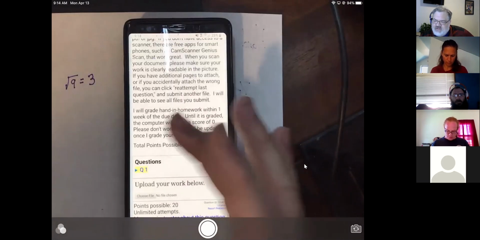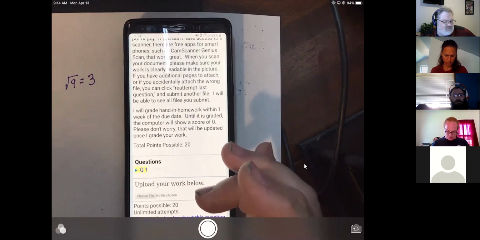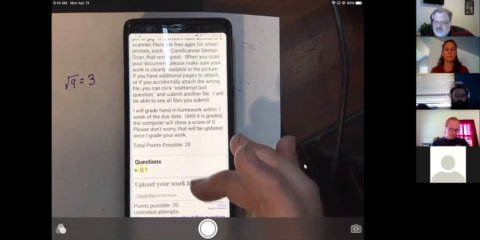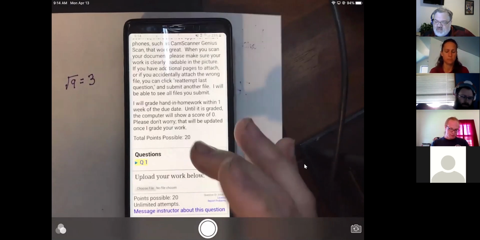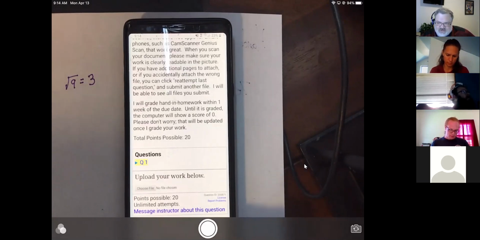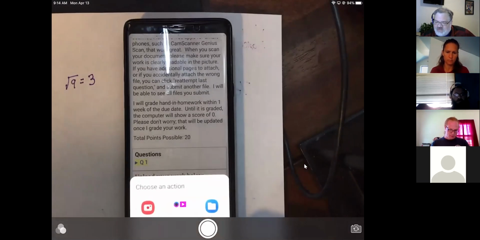And it'll say print something off. The other hand-in homeworks will have something for you to print off and do. This one, I'm just having you do this paper. But this upload file here is what you're going to be using to put that document into My Open Math.